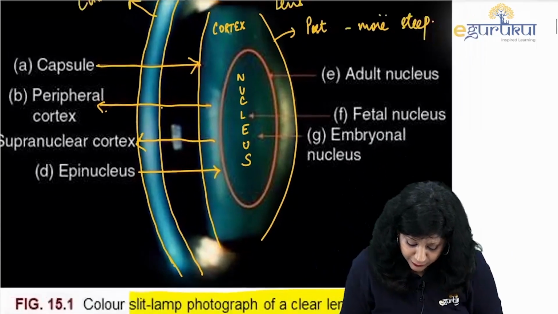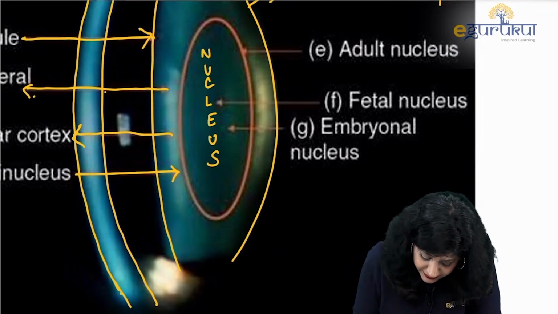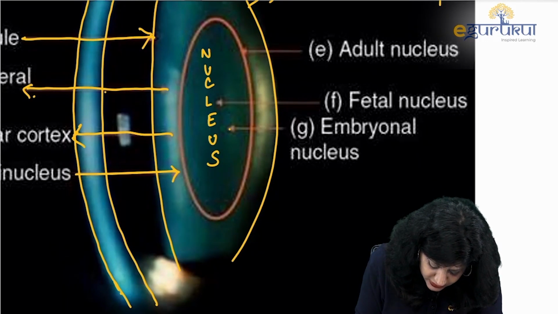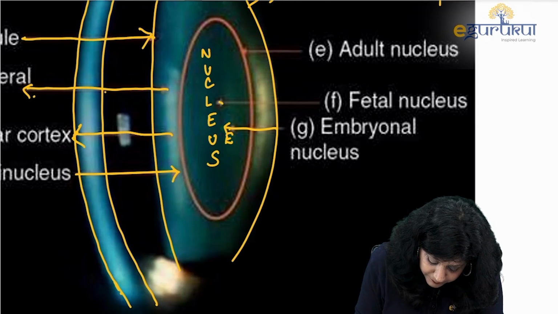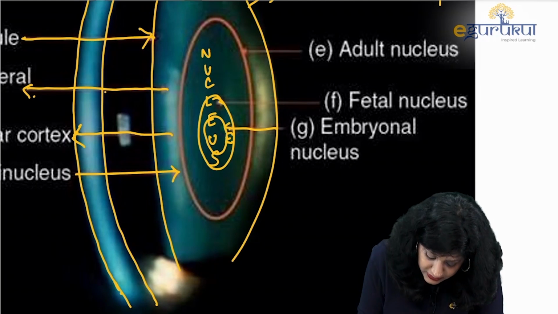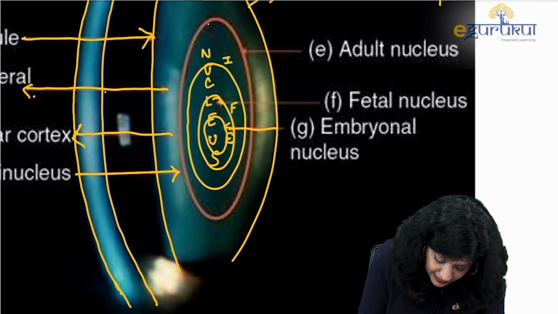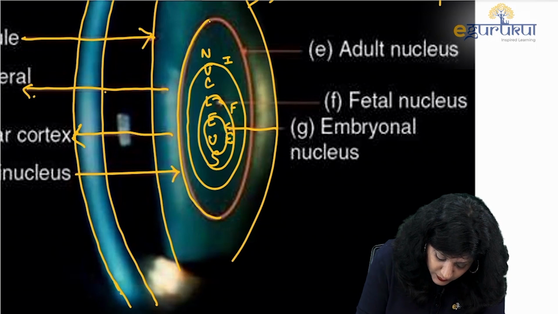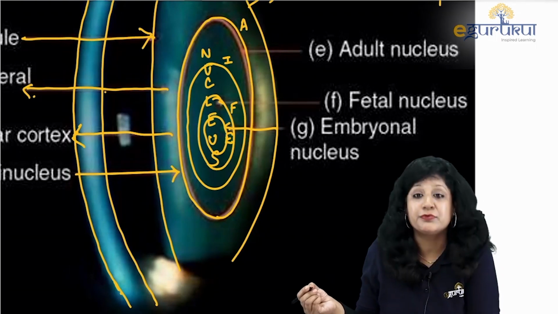Okay, now if you look at the layers here, we have got the different concentric layers. So see, if you talk about the innermost area, this will be your innermost area. So this is your E, that is embryonic nucleus. Then we have got, above this, this area, which will be your fetal nucleus. Okay, then you have got one more here. This is your infantile. And then finally you have got the largest one, something like this. This will be your adult nucleus. So you have got different layers.